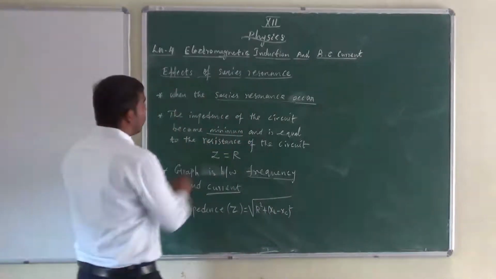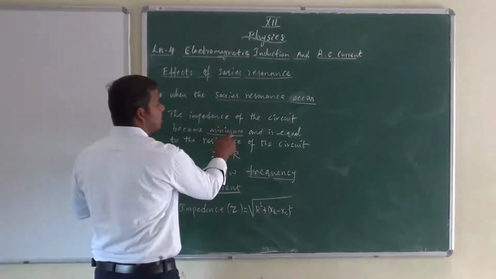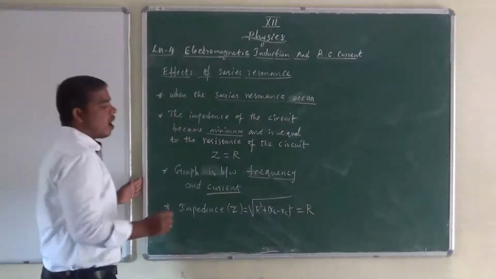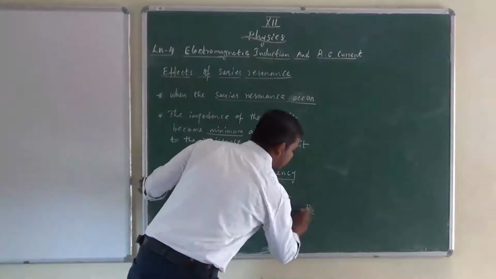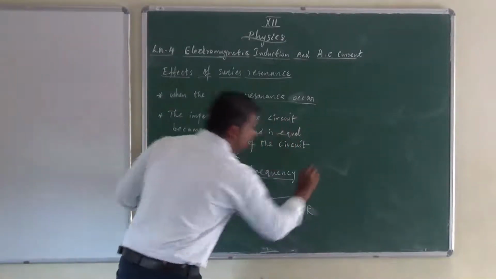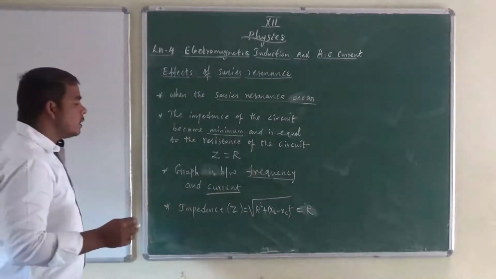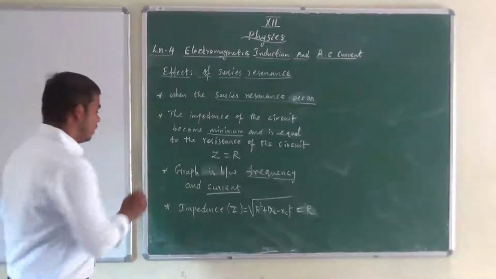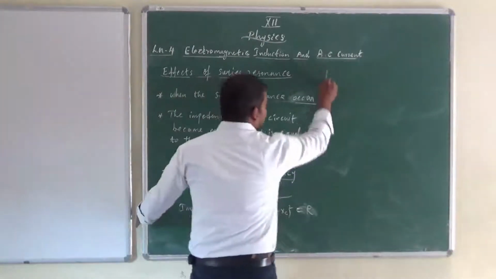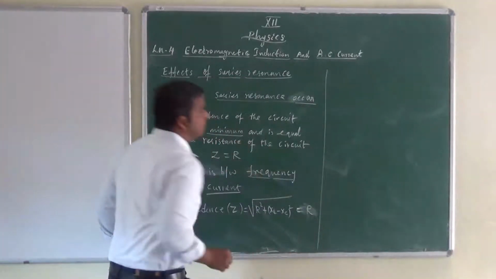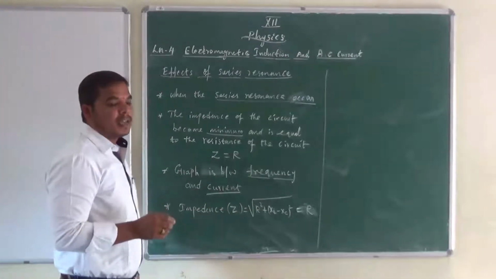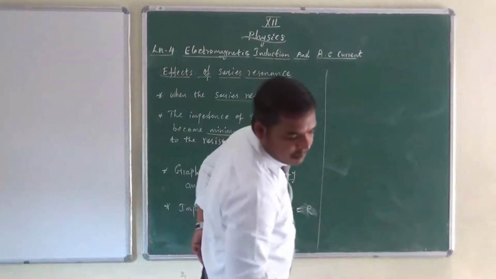Isn't it? So the impedance of the circuit becomes minimum and is equal to what? Resistance, R. So what happened this time? The current in the circuit is maximum. When impedance is minimum and equal to the resistance of the circuit, the current in the circuit